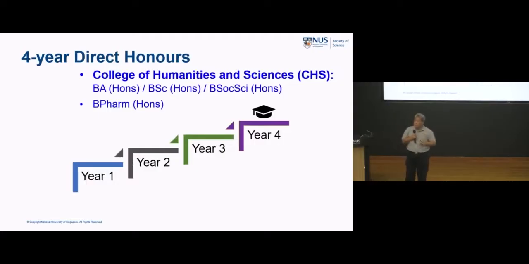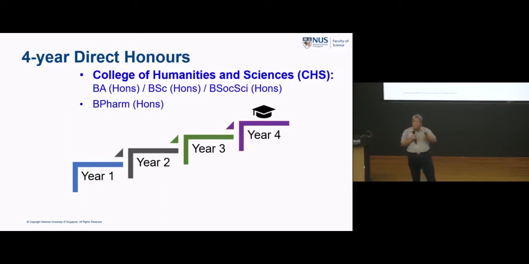You're all coming in as a 4-year degree potential student. Again, let me put it out there. I hope all of you will finish in 4 years. Some of you want to do it faster, you can. Maybe some of you got advanced standing because you are coming in from a poly and you are given the 20 units extra as advanced standing, and you want to take it, you can take it. But if you don't want, it's okay. You can do all 4 years, okay? So 4 years is the norm.